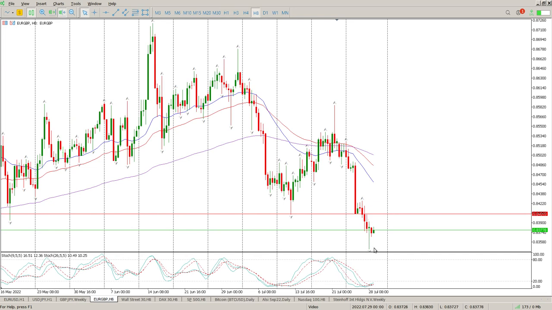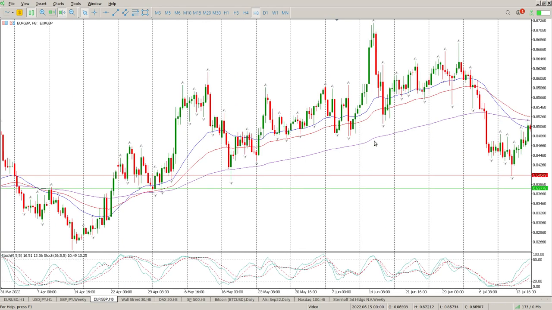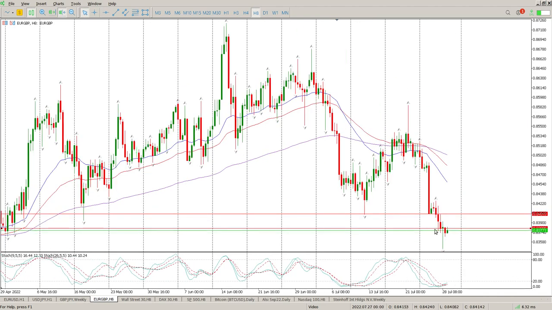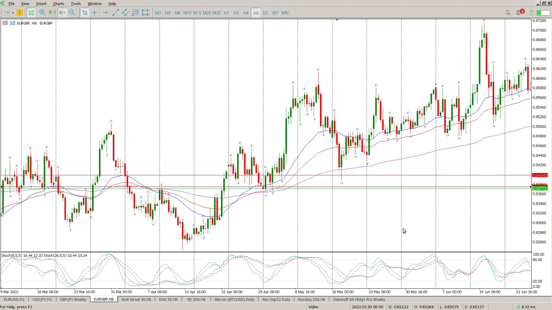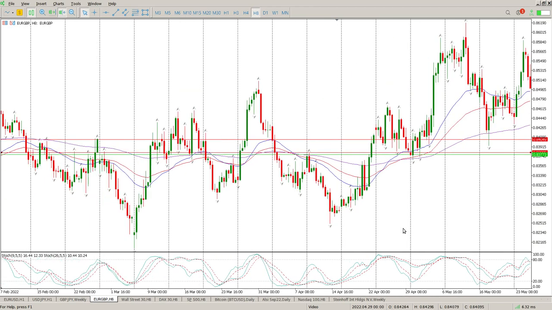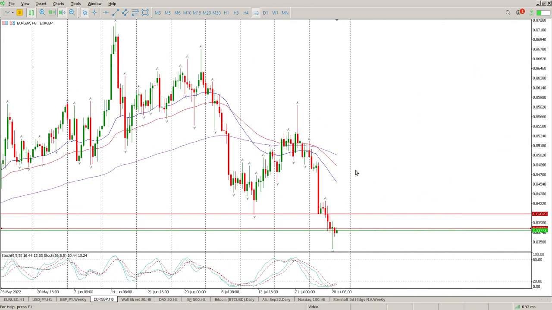Nothing really on the 8 hour. We've got a bit of a pin bar. We got a bit of a retest of the structure I was looking at yesterday, but now we've got a pin bar, and we could argue that that pin bar is on the structure. If you look to the left, you can see lots of interaction here. A bit messy, but anyway, so that's